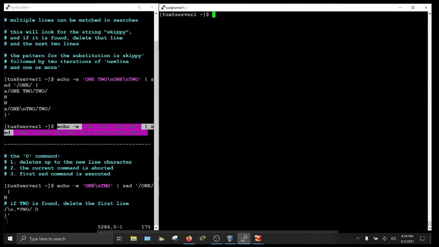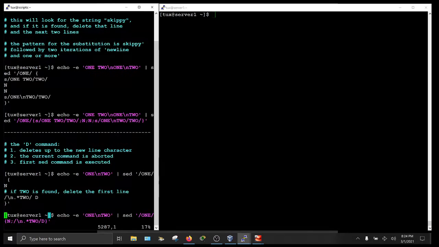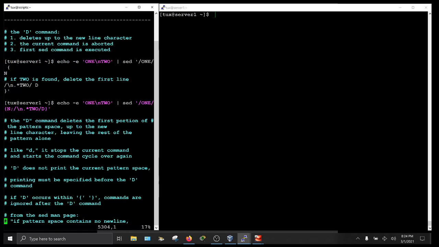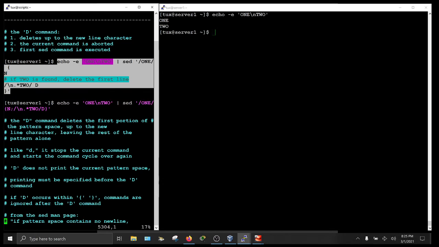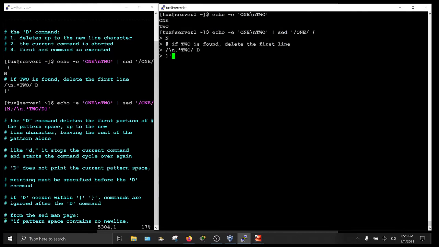I'm going to clear the screen, and let's talk about the capital D command. So that will delete up to the newline character while the current command is aborted and the first sed command is executed. So let me show you how that works. So 1 and 2. So I'm using the N command to append this to the pattern space. Okay, and so at pattern 1,